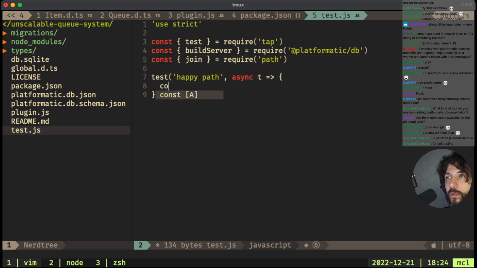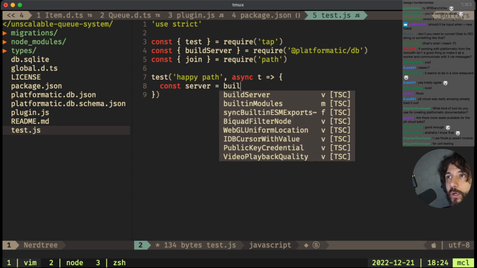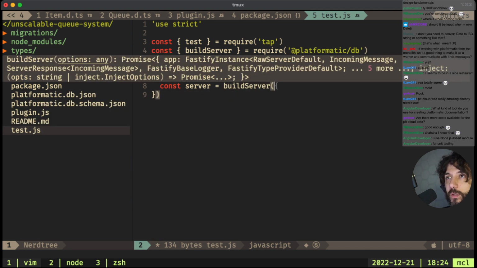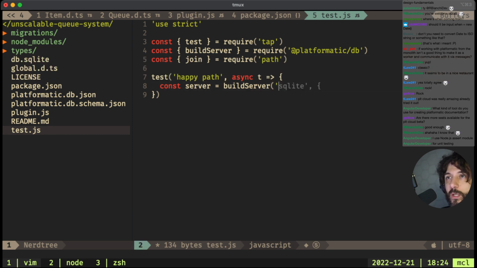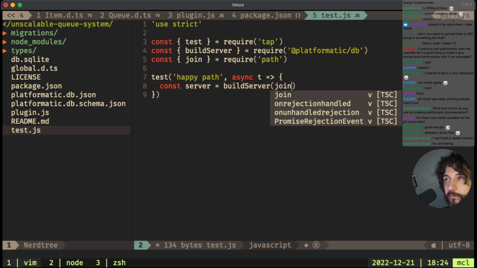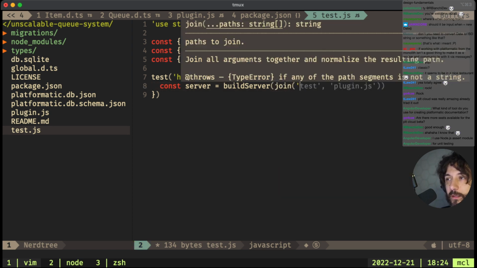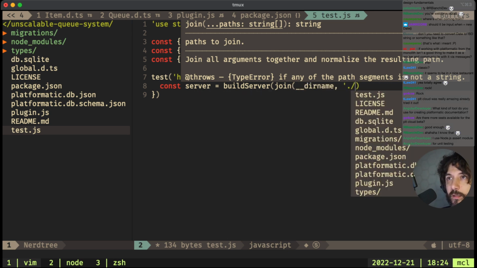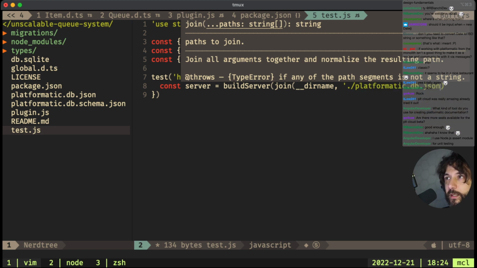Okay, so const server, build server, and we want to provide it a path, I think. And this should be dir name, and then this should be platformatic db.json.